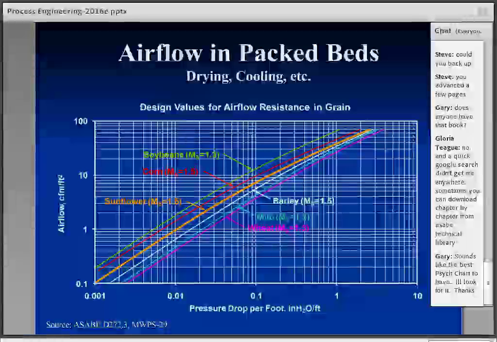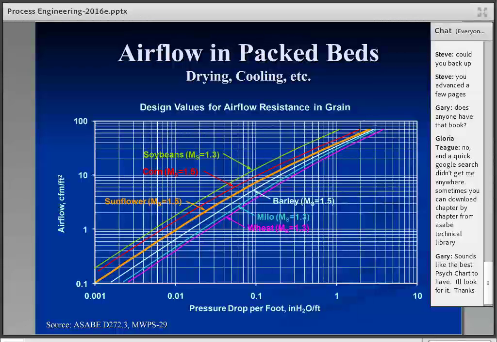And the last thing I mentioned is that airflow resistance always comes up in these problems because we're blowing air through the process in any deep bed drying process. That's a standalone problem that may come up on the exam, looking at the airflow, and it's going to come up in drying problems. The data you need for that is